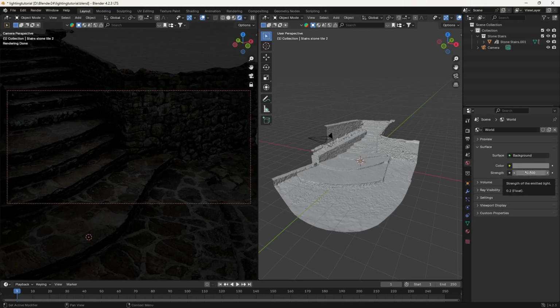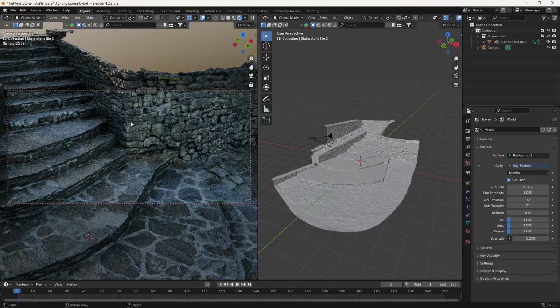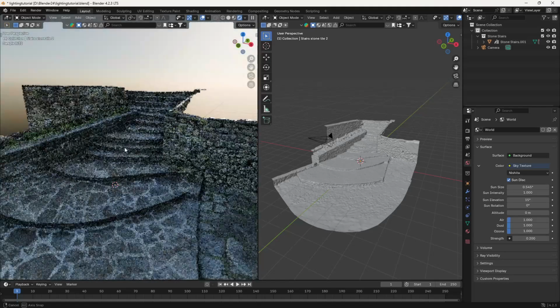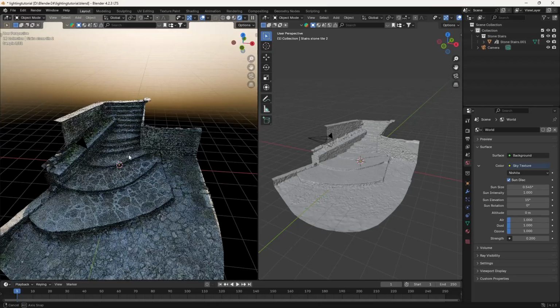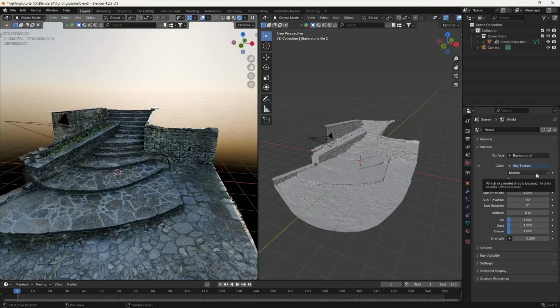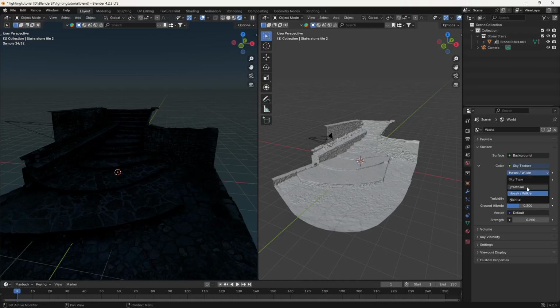Now I'm going to show you one more thing, that is our sky here. Just click on this color here and load the sky texture. And as soon as you do it, you can see we are getting this result here. So if I go out of my camera mode right now, you can see we have this sky here. And we are getting some light coming from here, so we can change it as well. Let me show you how this works. The first thing is the sun and sky model that they are using here. Right now Nishita is a really good model, but if you want, you can switch to Hosek and Wilkie also, or you can switch to Preetham as well.